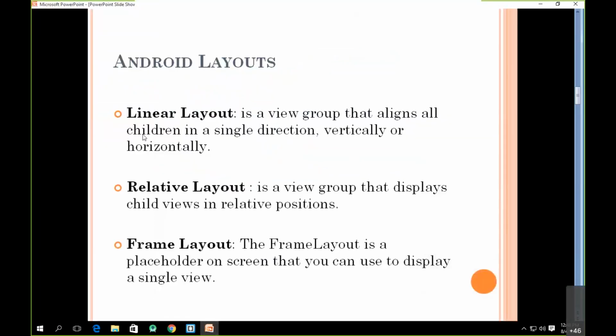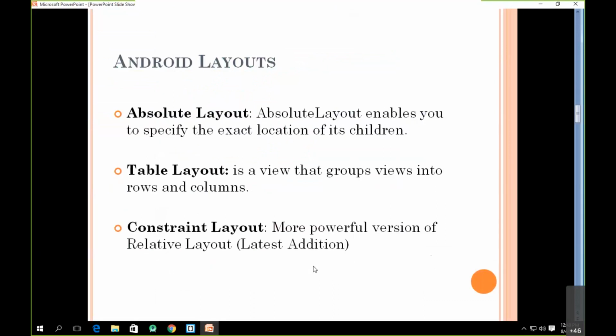The layouts we have are linear layout, relative layout, then frame layout. A frame layout means a layout where the controls overlap each other. Then we have absolute layout. Let me tell you, absolute layout is given by Android, but it is not at all useful, because in absolute layout, as you can see here, we have to specify the exact location. We have to specify the exact point or exact pixel on the screen where your user interface component will be located.